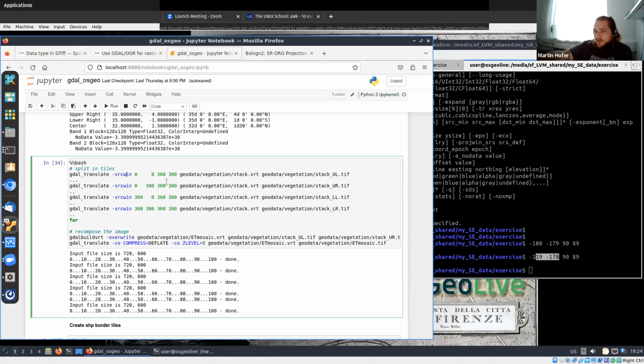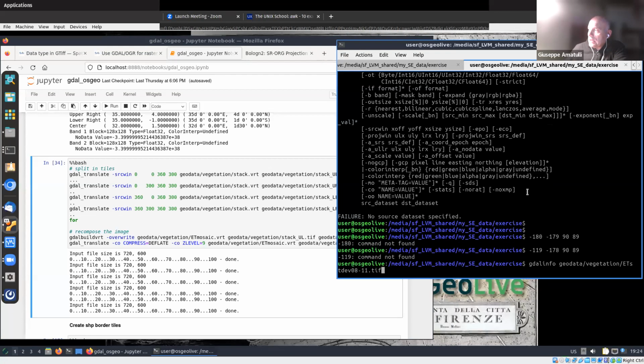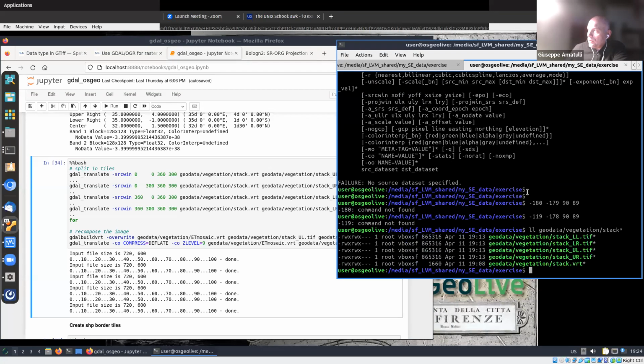So when I looked at the VRT as a text file, it tells me the source locations, so the TIFFs are stored in relative location, right? Relative to the VRT. So if I want to move all of the data, I of course need to move the TIFFs and the VRT. So yes, in that case, good point, but also